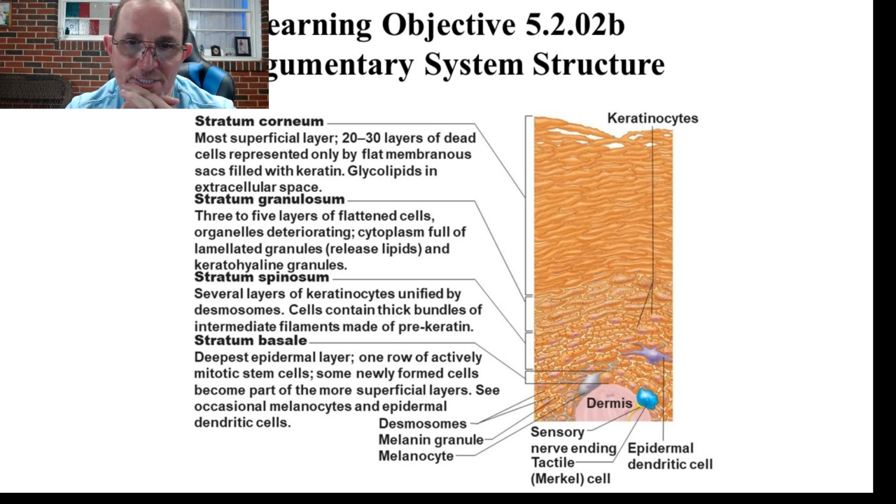The granulosum is the next layer up. 3 to 5 layers. They're going to be flattening. The cells are dying. They're full of the lamellar granules, the lipids, the fat that's going to repel water, and then the keratin fibers. And finally, you got the topmost layer, which is also the thickest, and it's just dead cells. And they're flattened, and they're filled with keratin, and in between, you've got those lamellar granules, glycolipids that repel